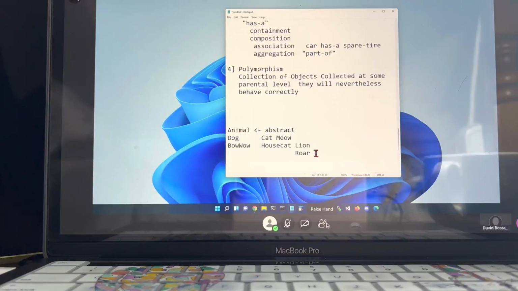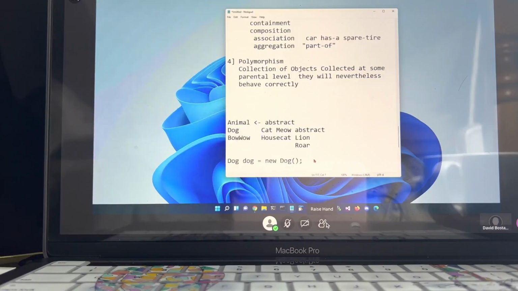But we could create any of these other things, except we've decided we can't create a cat either. But we can create a house cat or a lion. So somewhere I'm going to say, I have a thing called dog, which I've temporarily called dog, is equal to a new dog.